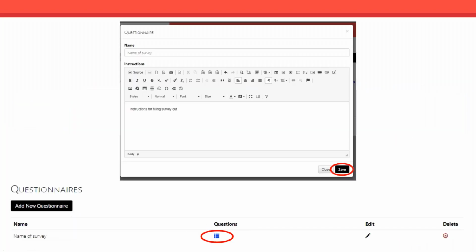Once you click on that, it's going to bring up this pop-up, and you'll type in the name of your survey, and then you'll type in instructions for filling out your survey, and you'll click Save. After you do that, it's going to bring up your survey, and it's going to allow you to add questions to your survey. So you'll click on the notebook symbol,